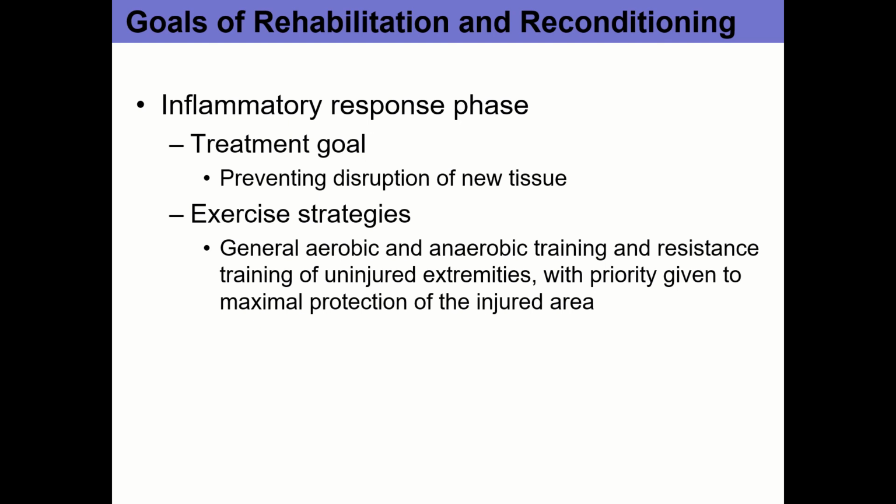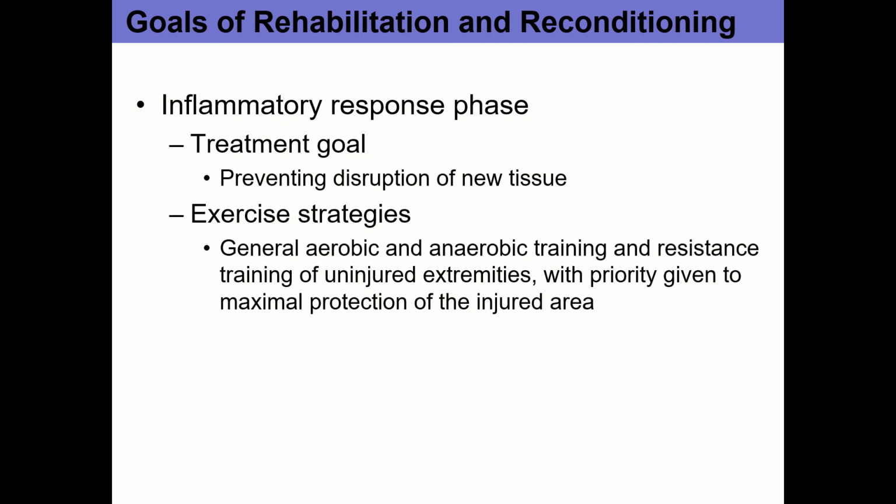So other things to keep in mind there is that aside from the injured area, we can do things that don't stress the injured area. So let's say we have a basketball player that has a lateral ankle sprain. So obviously they're not going to be working the injured area, but they can still do like some upper body lifting. They can do dumbbell presses, they can do lat pulls, etc. And then we can also have them do like the upper body bike or something like that.